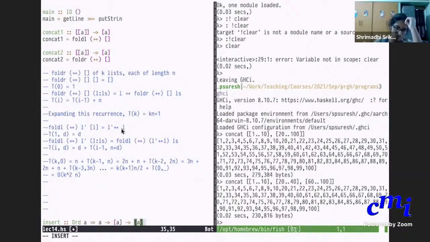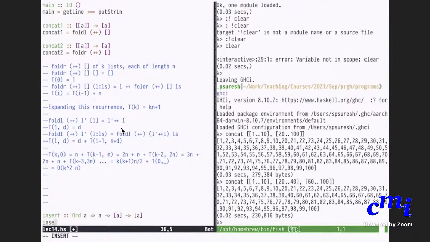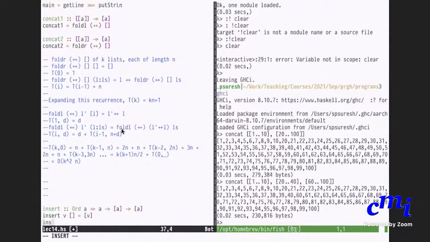Great, so let's try to program insert. I want to insert a value v inside a list. What if the list is the empty list? Just the list of v. What if the list is x followed by xs?